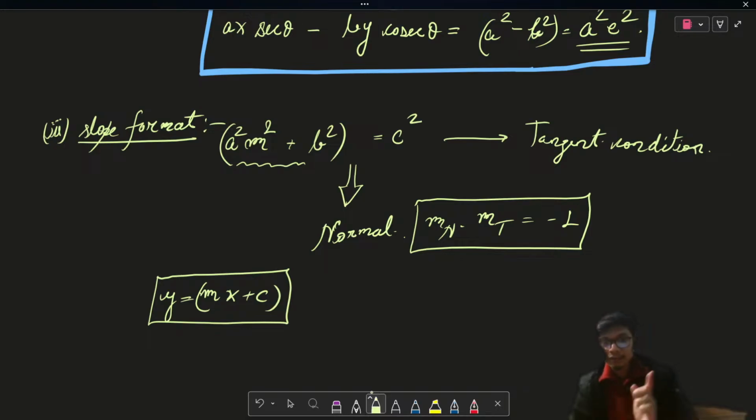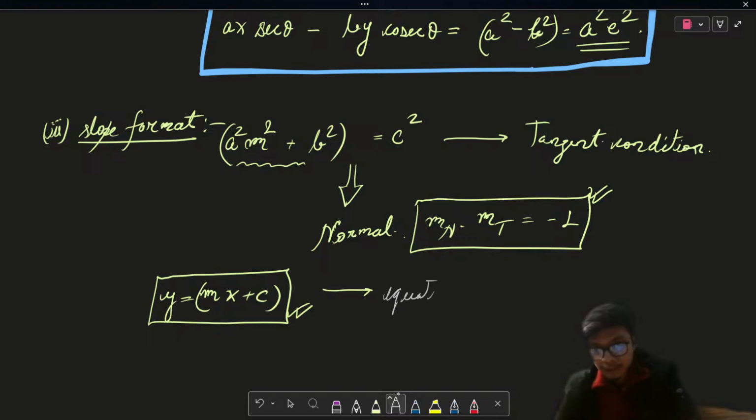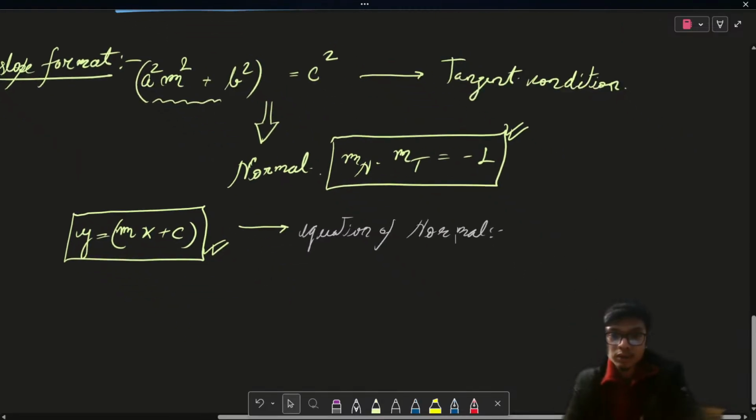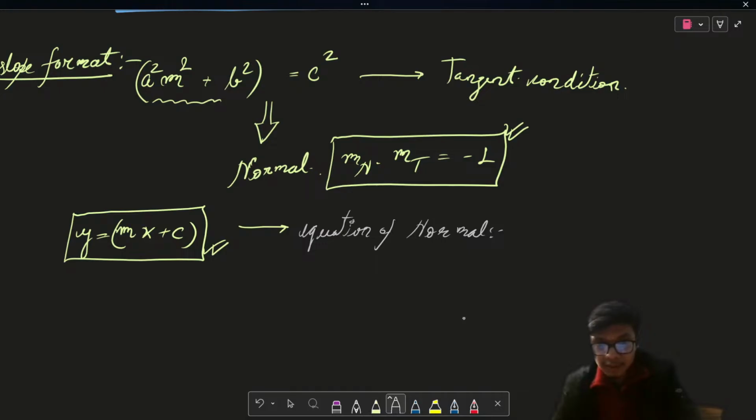And once I know the point of intersection, I will formulate the slope of the normal by using this relation, and following the transformations you can easily obtain the slope of the normal at that particular point, right? If you do that, you will get some relation. So I am directly writing the equation over here, the equation of normal. If you do all this algebra and carry it out, you will see that the equation of normal in slope form will turn out to be